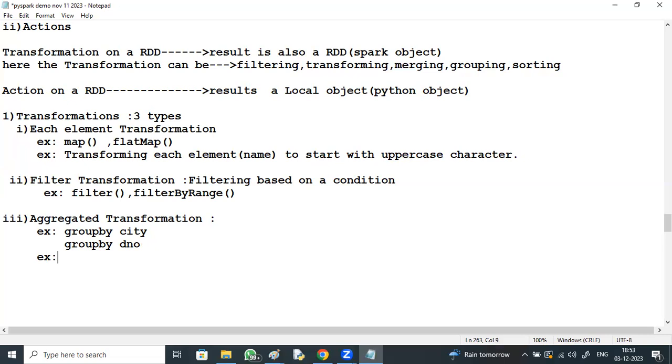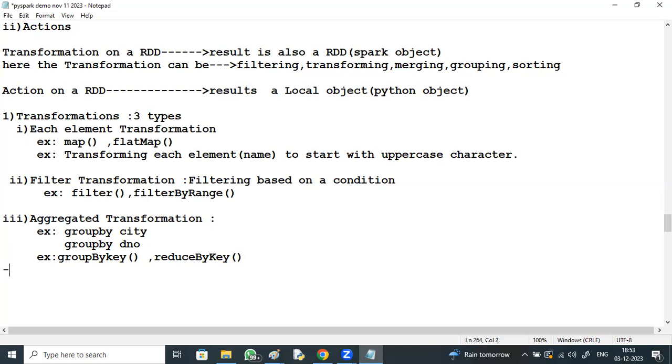For example, we have got group by key. Reduce by key. There are some inbuilt functions. Group by key, reduce by key is available, right? So these are about transformations.